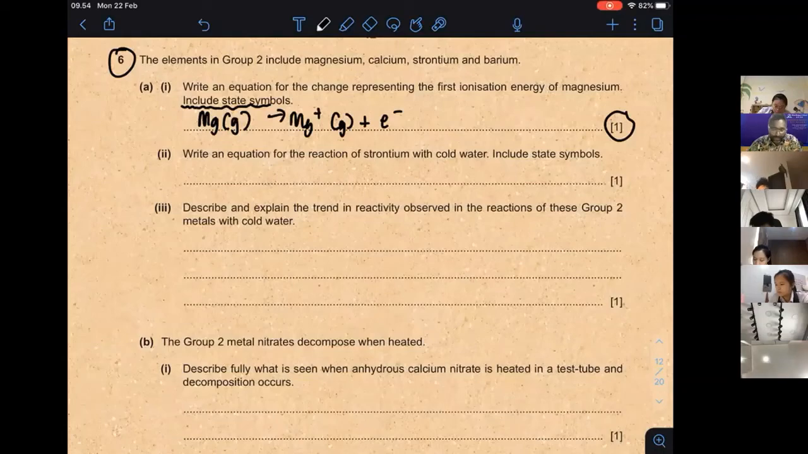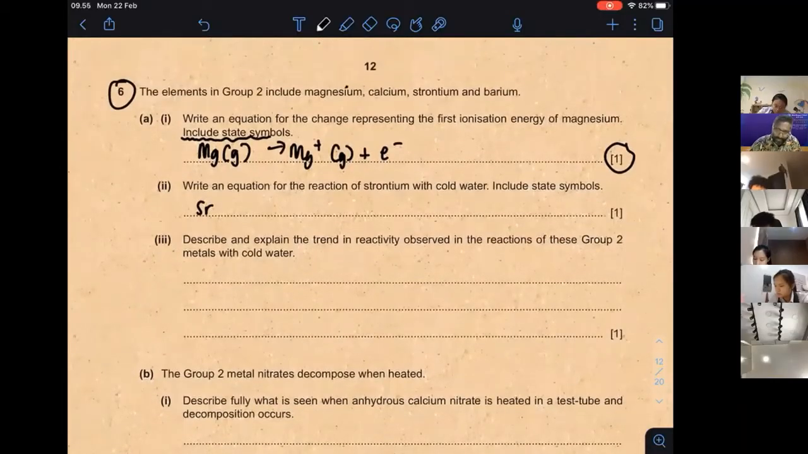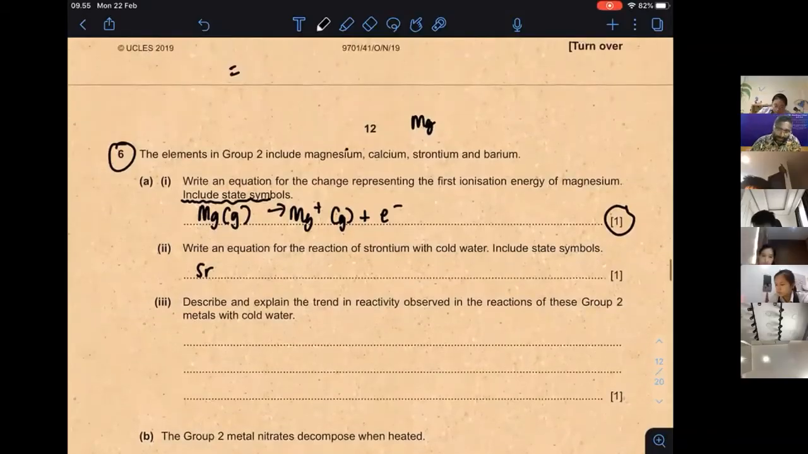Write an equation for the reaction of strontium with cold water. Strontium does react with cold water. If you are not sure, think of magnesium reacting with water. You can have either MgO or Mg(OH)2. Please read on this, because the reaction is going to be different. One is going to be H2O, and then another H2O. Magnesium is a bit special, because